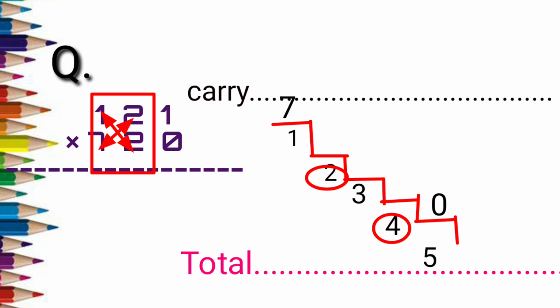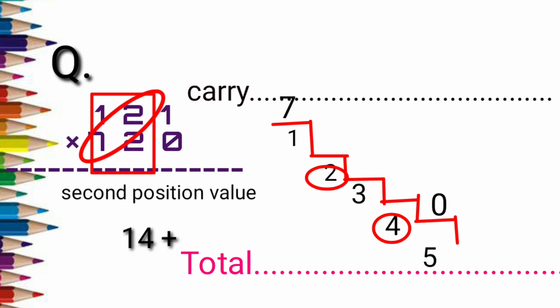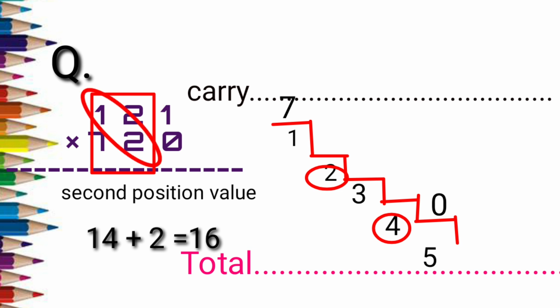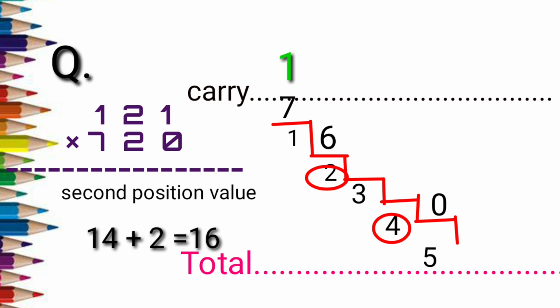Okay, so always the bigger one, that is this is hundreds and tens place, so this is bigger one, so it will come in the 2nd position. So what is 7 into 2? 14. And what is 2 into 1? 2. So 14 plus 2 is what? Correct, 16. So 16 we have to write it in 2nd position. So 6 I'll write it here, and 1 we have carry. Correct, we can't write 2 numbers in one step, so we'll give 1 as a carry.